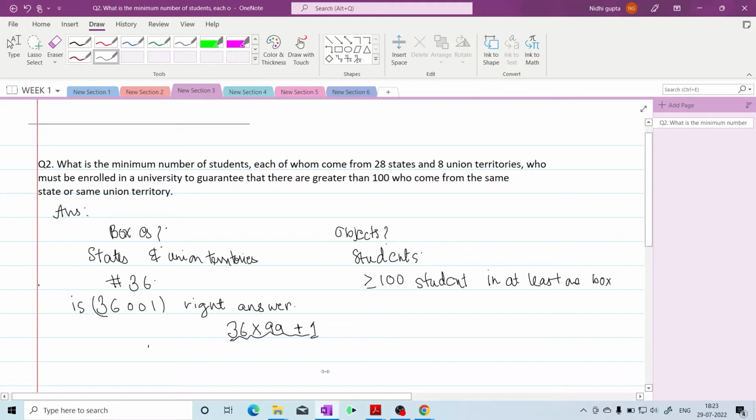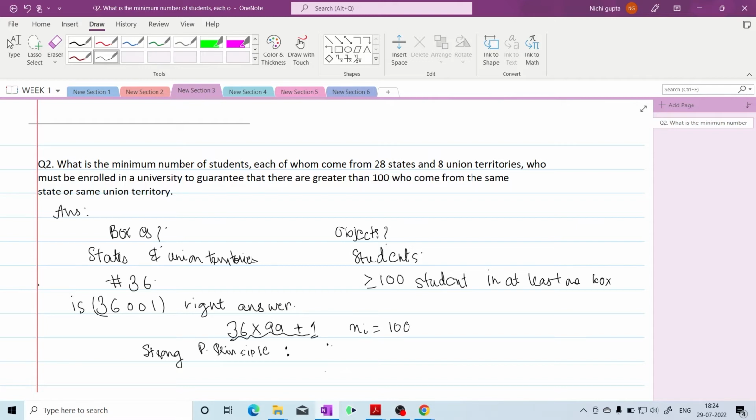So either you can look at it like this, or you can look at it like this, which is what he is using. He is using the strong pigeonhole principle, which I discussed in the beginning. The strong pigeonhole principle gives us the minimum number. So we have 36 boxes, and n_i is equal to 100 for all i going from 1 to 36. So from the strong pigeonhole principle, the number will be 100 added 36 times